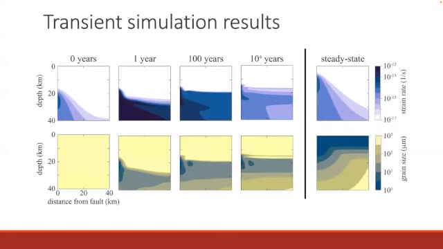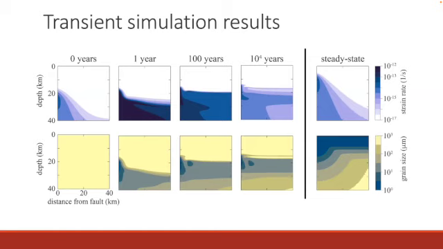To explore the temporal evolution of a fault and shear zone system, I perform time-dependent simulations in which earthquakes are neglected, and instead the fault slips aseismically up to the tectonic plate velocity. To focus on the crust here, I'm modeling only wet feldspar. These are snapshots of viscous strain rate in the top row and grain size in the bottom row at selected times. The initial conditions, the leftmost column, are the steady state stresses and strain rates consistent with constant 1 millimeter